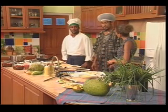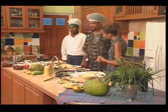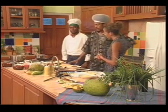We're going to concentrate on the breadfruit today in our kitchen. It's your call. And you have a whole spread here for us. There you go. Now, what are we going to start off with? What are you going to cook for us on the program? First of all, let's